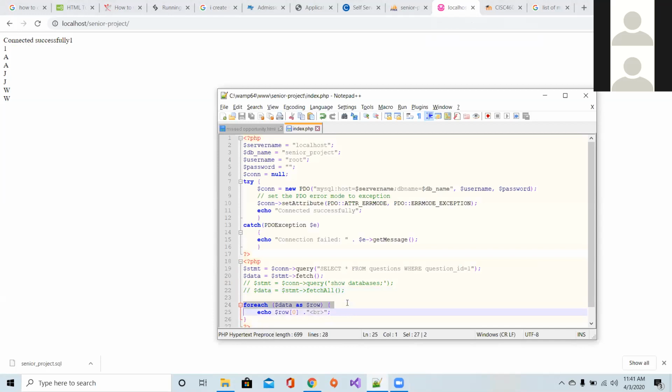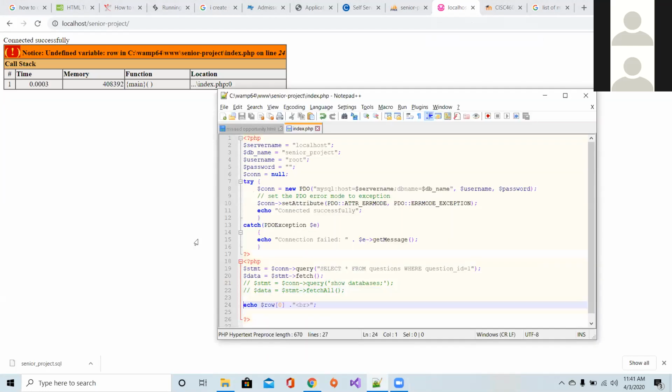Okay, so you're thinking if you just say like that. Maybe. No. Oops. Data. Oops, that's not what we wanted. Data, and it was one. I think it is just showing the